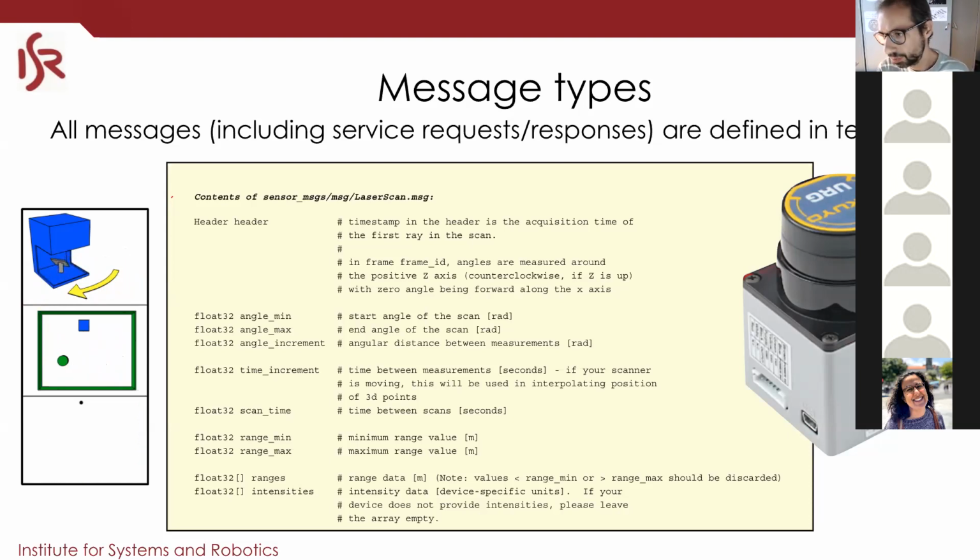Why am I saying that? Of course, keep it simple. You can create your own message types, but every time you do that, you need to add something to your build system, so you need to compile those. If you use an already existing message type, it's simple, just use it and everybody will know.